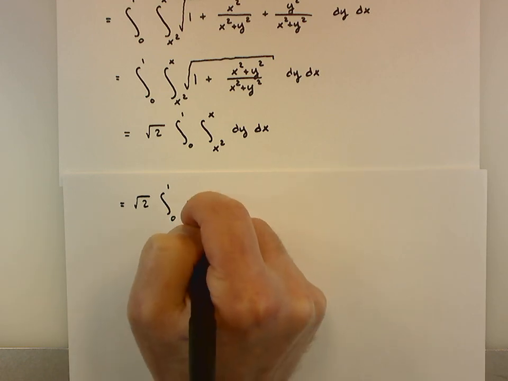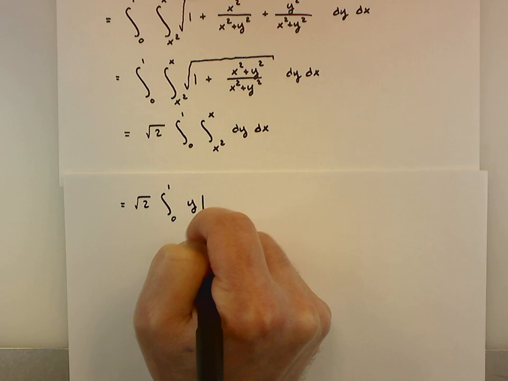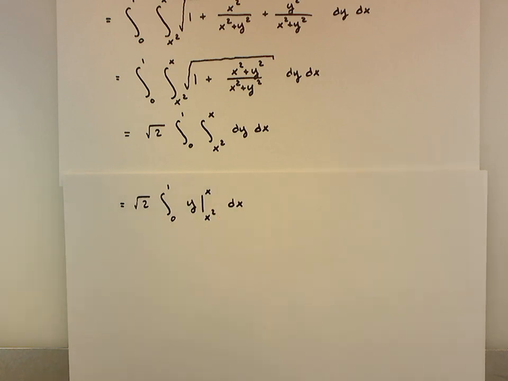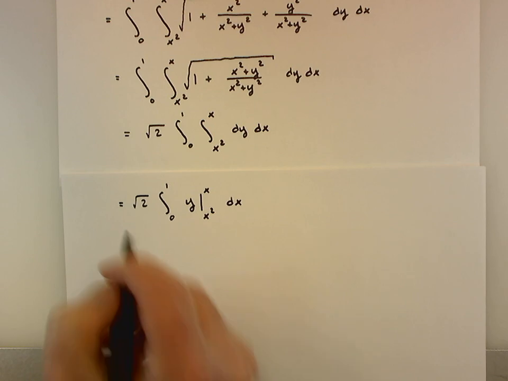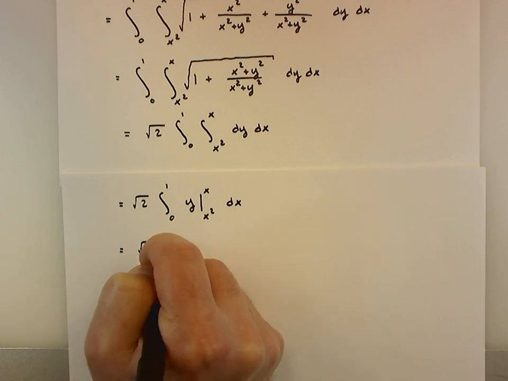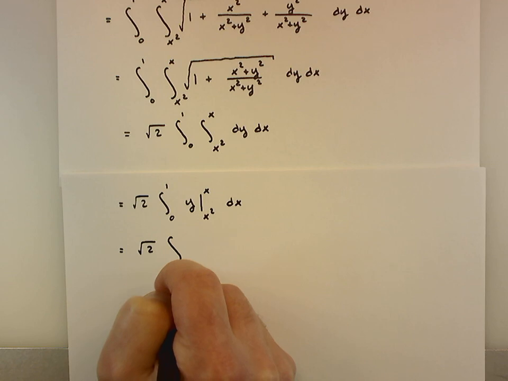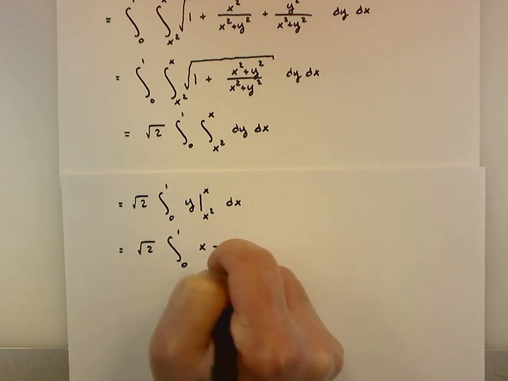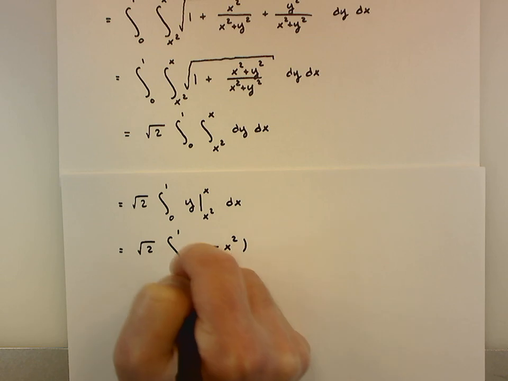That's y. I'm evaluating y at x squared and x, and I still have to integrate with respect to x. So this is equal to root 2 multiplied by the integral from 0 to 1 of x minus x squared